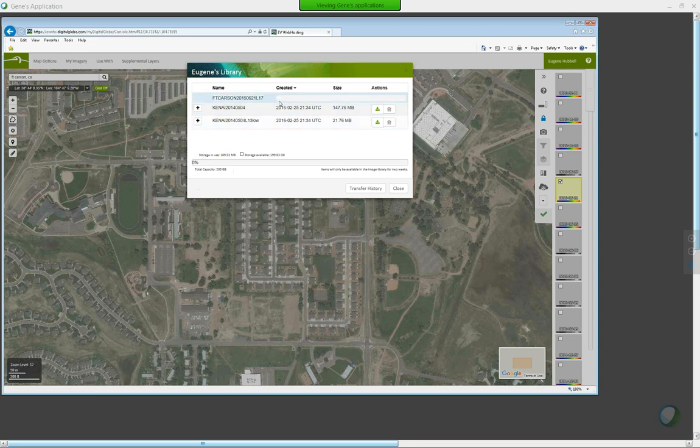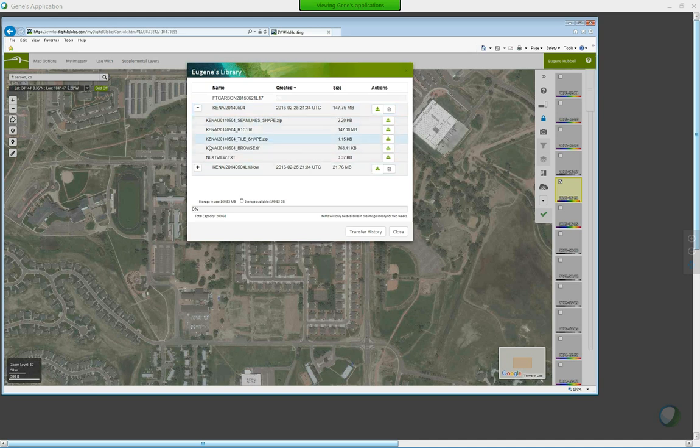So once that imagery shows up in my library, then I just click on this blue icon right here that says download. So you don't want to do over 2 gigabytes. If it goes over 2 gigabytes, you need to click on this plus here and download them individually. Okay, so it's grabbing pieces from different images to create the one you want. So what you get is the raw GeoTIFF right here, and then that's your license agreement,